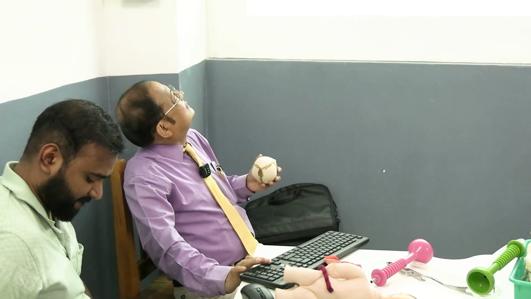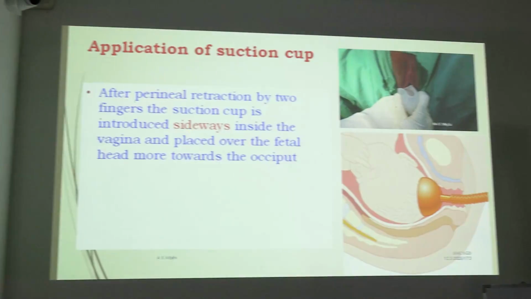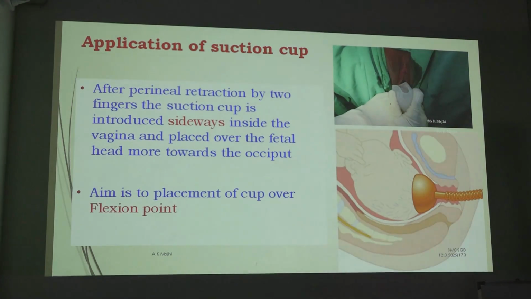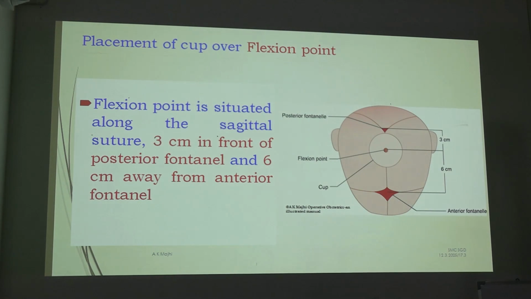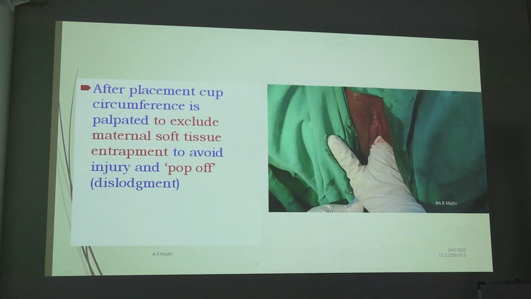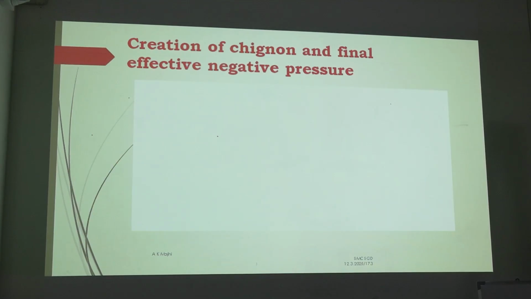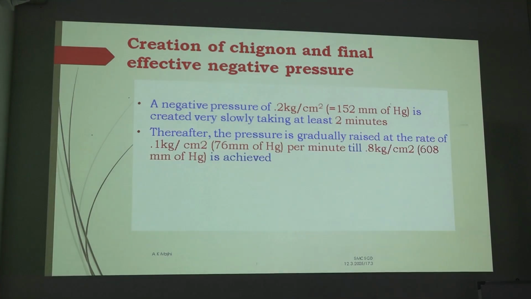After perineal retraction by 2 fingers, the suction cup is introduced finally. Aim is placement over the flexion point. Flexion point. দেখো, ফ্লেকশন পয়েন্ট এবার বুঝেছো কোথায়? ক্লিয়ার তো? হোয়াট ইজ ফ্লেকশন পয়েন্ট, হোয়াট আর দ্য অ্যাডভান্টেজ অফ দ্য ফ্লেকশন পয়েন্ট? হ্যাঁ, ফ্লেকশন পয়েন্ট হচ্ছে যে পিভি করে ক্রাইটেরিয়া ফুলফিল হয়েছে কিনা, ক্রিয়েশন অফ দ্য চিকনন অ্যান্ড ফাইনাল এফেক্টিভ নেগেটিভ প্রেশার।